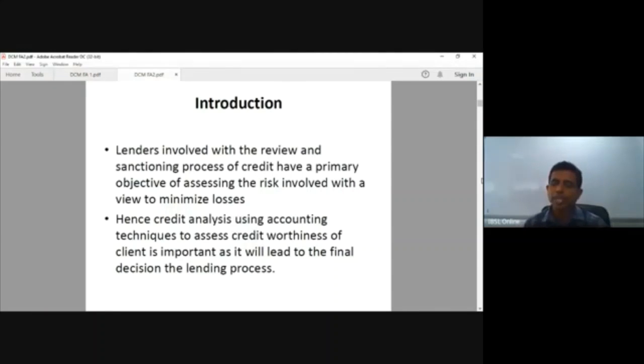There are customers who do have repayment capacity but don't have good security. That is also a question, right? Therefore, you have to calculate the risk and you have to manage the risk. You may have additional conditions, additional aspects to be considered, right? Therefore, the accounting analysis, or the analysis of financial statements, will play a bigger role in your credit decision. That's why you need to know basic accounting before you make analysis on these credit aspects.